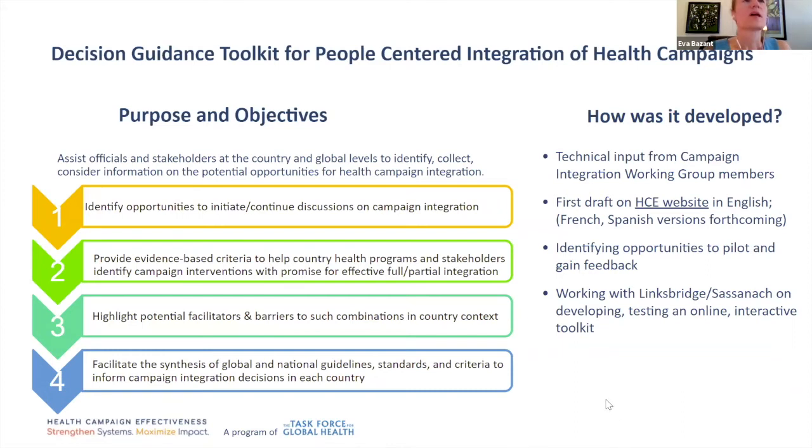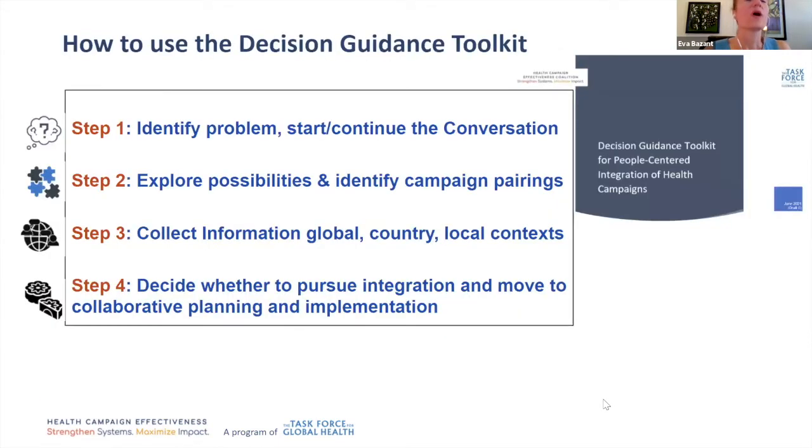Next slide. So there's a table of contents, but really there's a 4-step process we're trying to take people through. And again, this is for the decision to integrate. We hope later on there may be an implementation toolkit, but this is really that early stage. And this came out of our discussions with working group members and others who were saying there really wasn't a lot of information about how campaign integration does come to be and how it can be set up